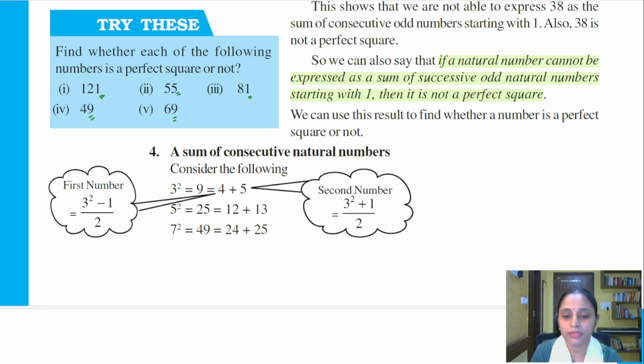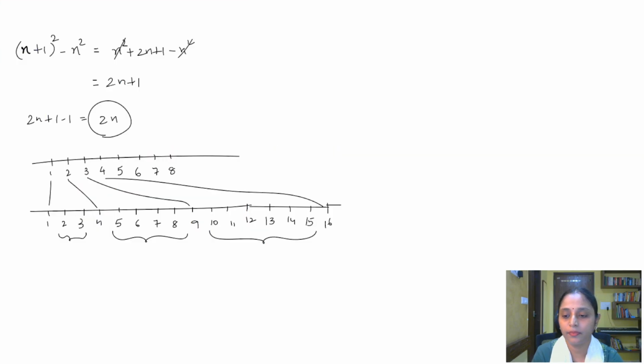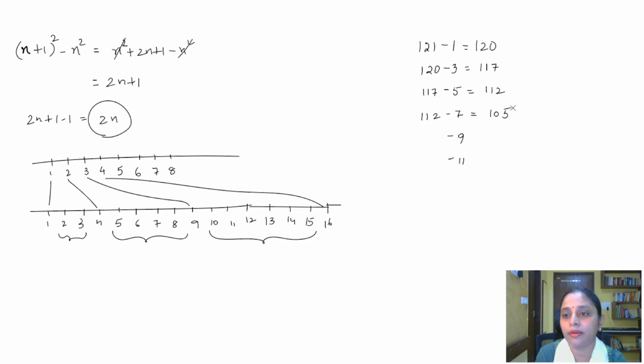What we are going to do is, if I take 121, first let me write down the odd numbers, right? I'll start with a few odd numbers. Now from the given number, I have to subtract. I'm going to get 120, right? Now from 120, let me subtract the next odd number. I'm going to get 117. And from this, I'm going to subtract the next odd number. I'm going to get 112. And from that, I will subtract the next odd number. I'm going to get 105. From that, I'm going to subtract the next odd number. I'm going to get